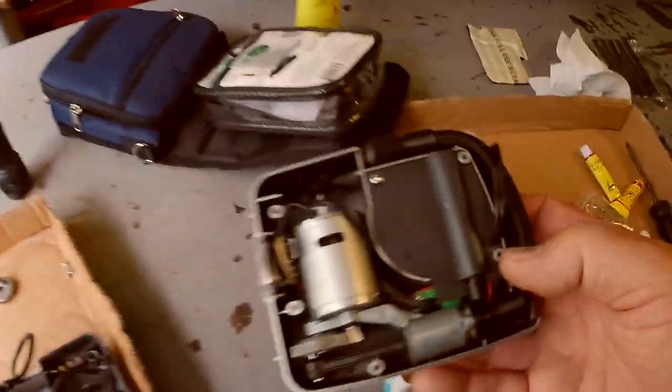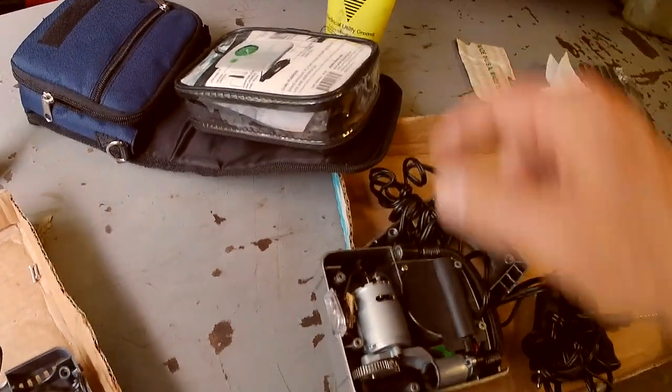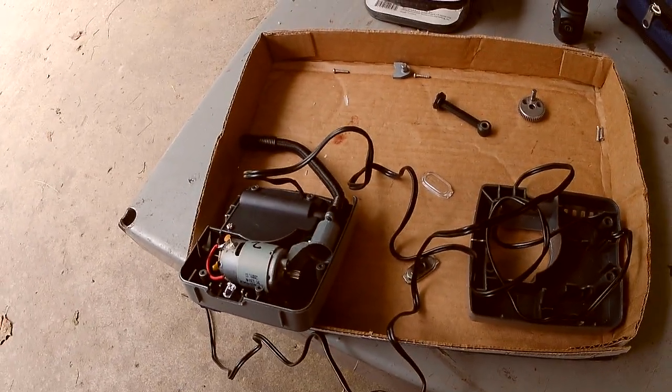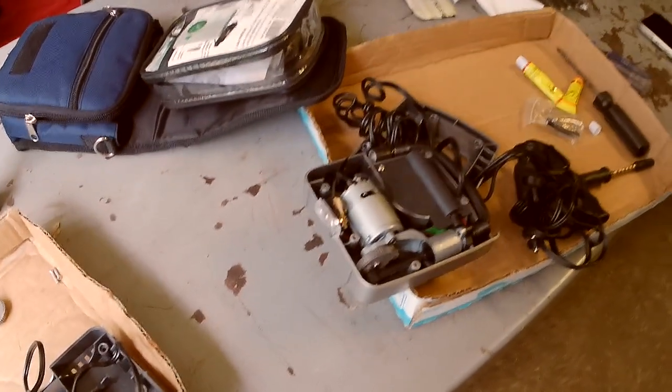So why I've taken this one apart today is I'm going to put dielectric silicone grease in the bore to make sure that it's lubricated, but this doesn't look like it's seized. It's inexplicable. Mysterious failure. But I just want to inspect this one to make sure it's okay